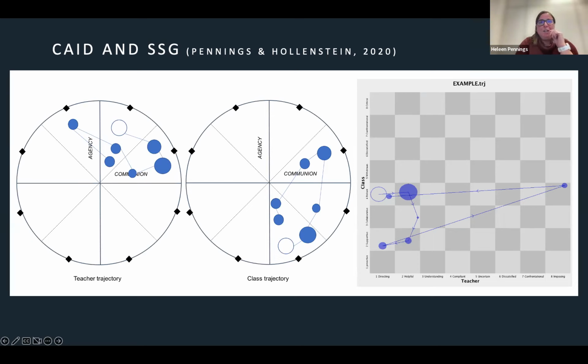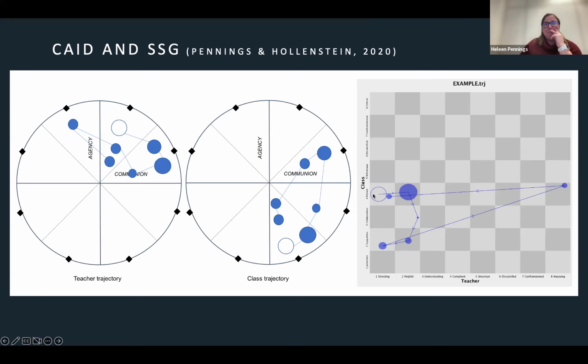On the right, there's a state space grid, and you can see that the opaque node is in the cell that corresponds to directing of the teacher, so the left column, and it starts in the reliant octant of the students. So it's a combined location. I will point it here. This is the reliant octant, and this is the directing octant, and together they will be displayed here.